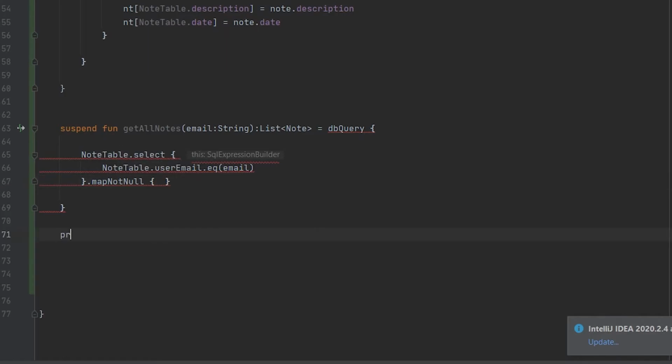That means we have to map it to the node class which we have created, and to map it we have to create a private function, rowToNode, and here we have to accept a row which is a ResultRow, and it can be null, and we have to return a nullable node.